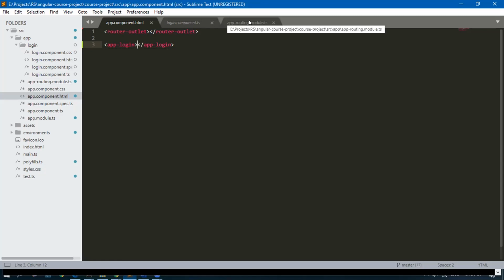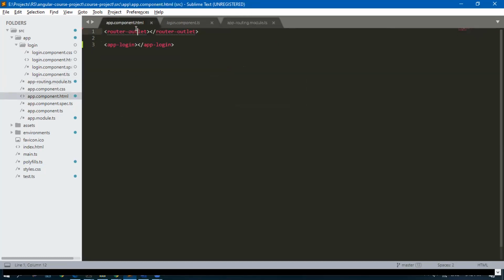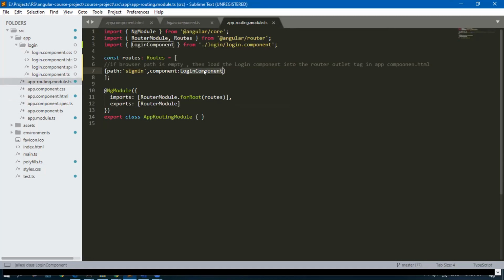Rajesh, I have to clear this one clearly in app routing module. Can you please hit on that one? App routing module.ts. Okay, the path is sign in. It is going to load the login component HTML, but where will it load?